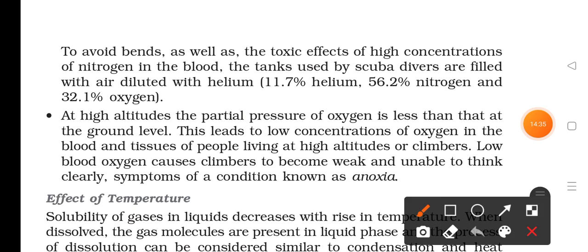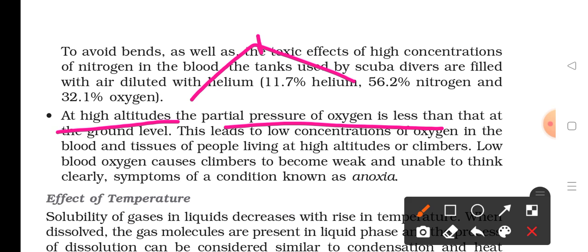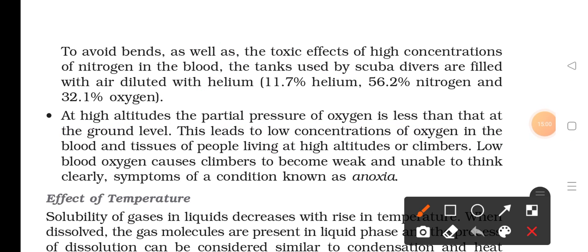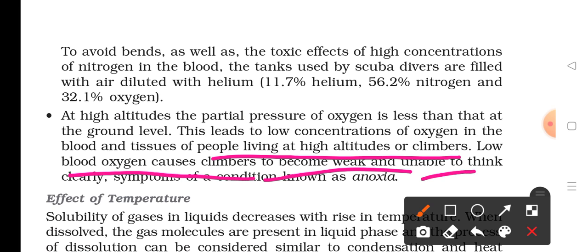And the next application is that at high altitudes, the partial pressure of oxygen is less. We already know that if we go to any hill area, then at that high altitude the pressure of oxygen is very low. Okay, so because of this low concentration of oxygen, people have some problem in breathing. So people living at high altitude or climbers, because of low oxygen, become very weak, and they are unable to think clearly,